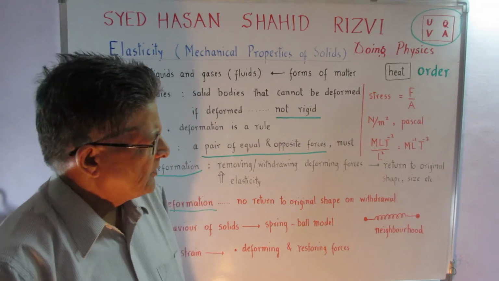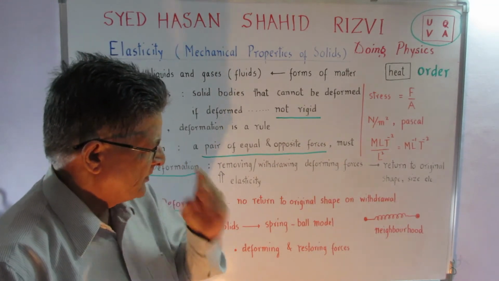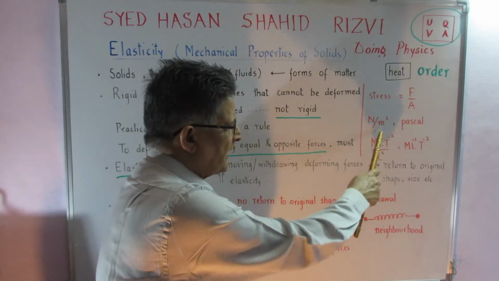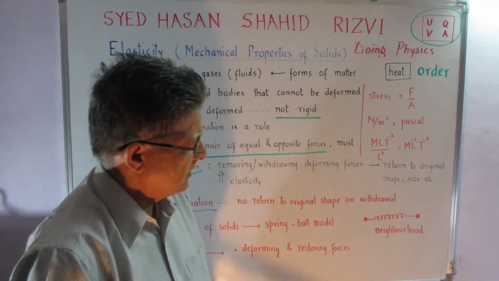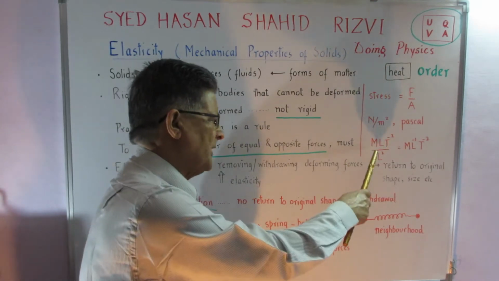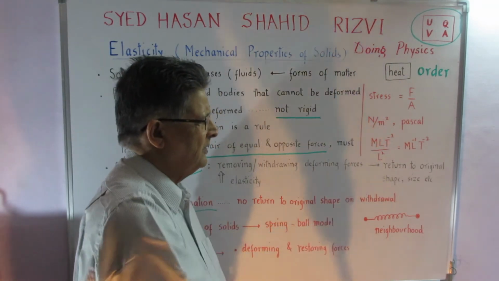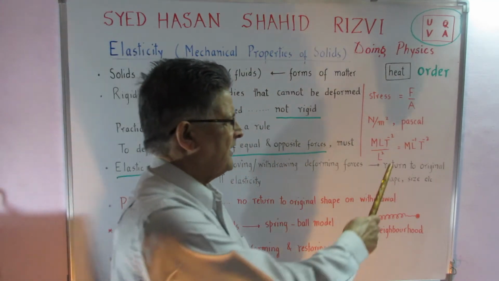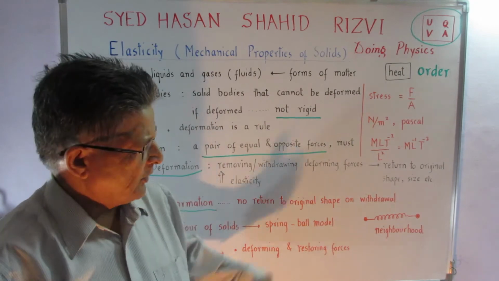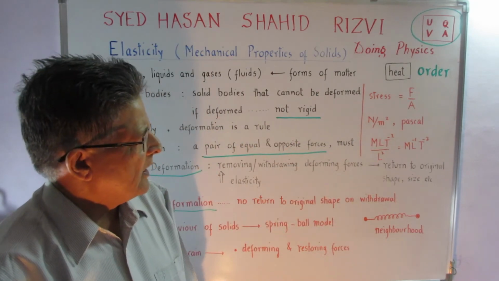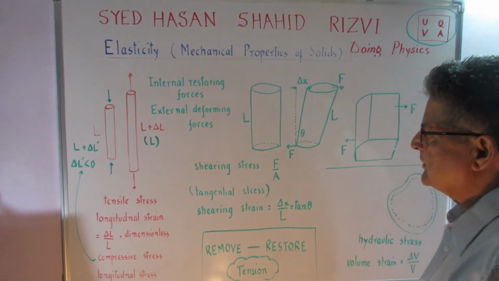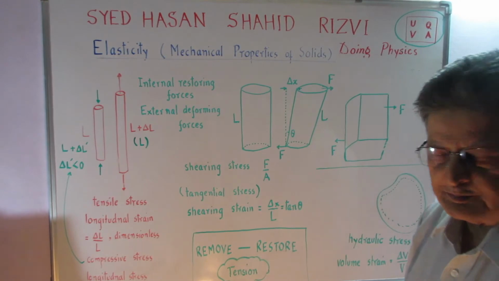Mr. Force is very friendly to us, and it is MLT minus 2: LT minus 2 for acceleration, M for the mass. MLT minus 2, I remember, I'll divide it by L square, and then quickly, in a split of a second, I'll tell that ML minus 1 T minus 2 is the dimensional equation that we arrive at. So we were talking about the stress and strain.